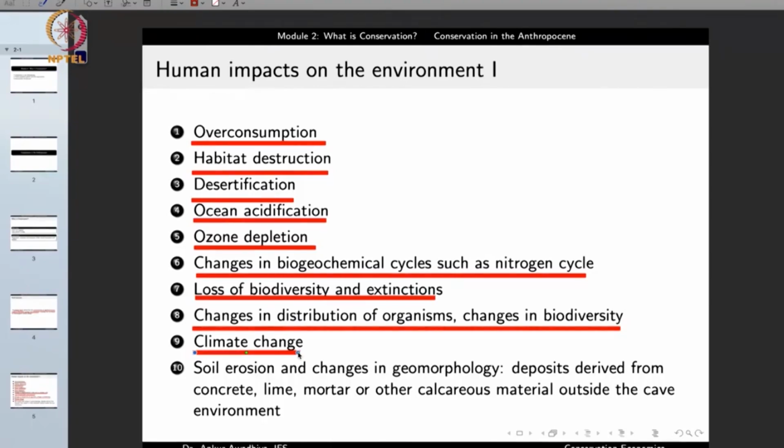And a major causal factor of climate change is the release of greenhouse gases, especially carbon dioxide. Now, carbon dioxide, when it is there in the atmosphere, acts as a greenhouse gas, which means that it traps the heat of the sun in the atmosphere. What it does is that it permits the short wavelength portion of the electromagnetic radiation, especially of the infrared rays, to come inside. But then, when they are released back as long wave radiations, it traps them, and slowly and steadily the temperature